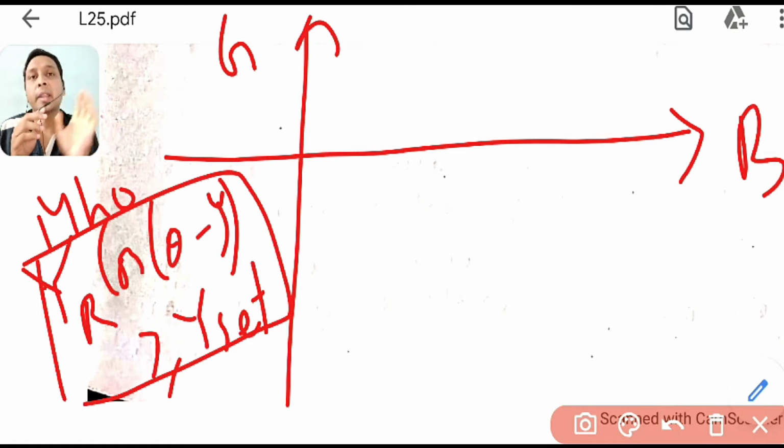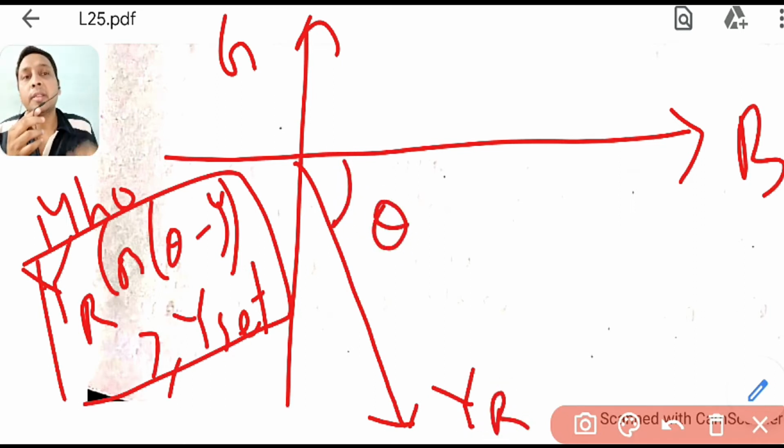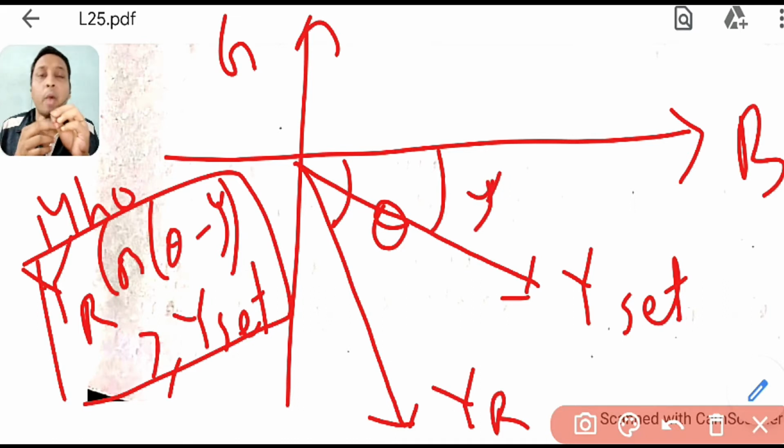We know it is a circle in the reactance, that is the impedance plane RX, but in the BG plane, how will it look? Now this is your YL that you are measuring, that is YR, the admittance of the line that the relay is sensing. This is theta, and you know that your Y set is always with an angle of MTA tau, like your Z set. So theta minus tau is this portion.